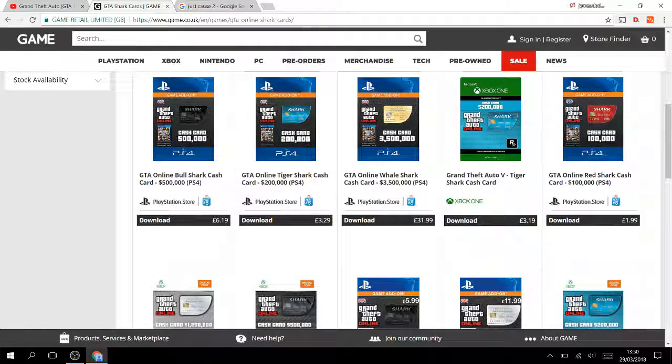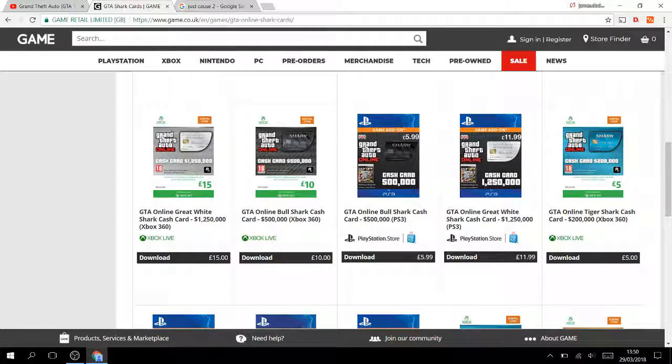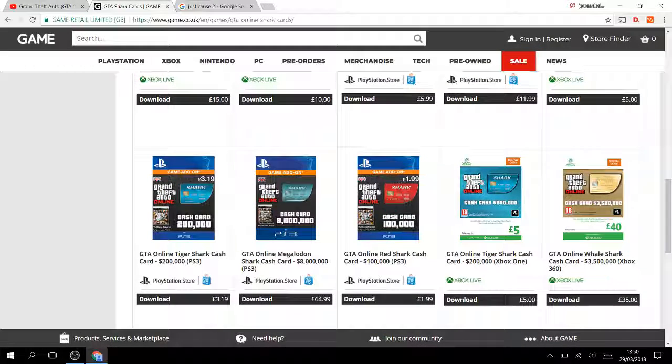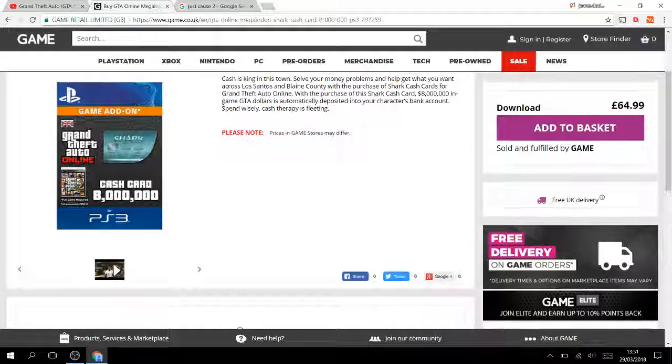As you see, let's say you find a kid, and now this kid, they want to buy this really nice car in GTA, but they don't have the money for that car in GTA. So they've got to go and buy it. And we have seen up to like 65 quid for 8 million in fake unredeemable cash. And this is how they truly make their money.